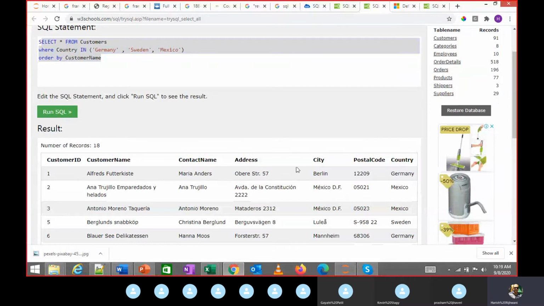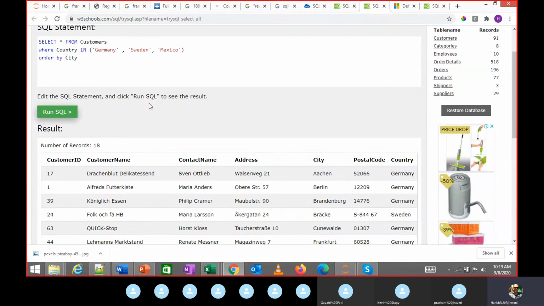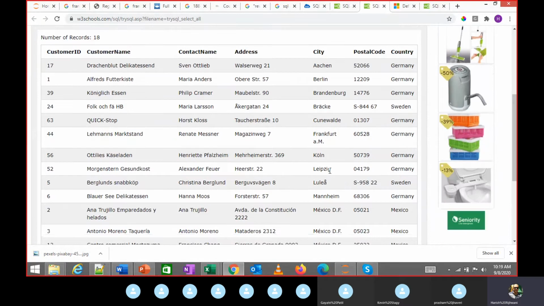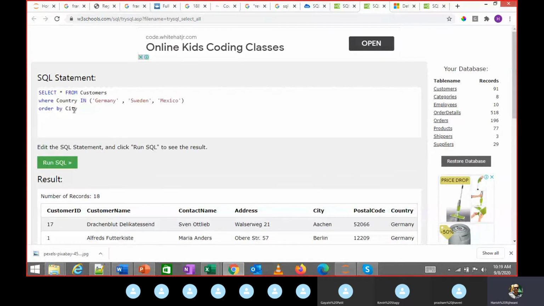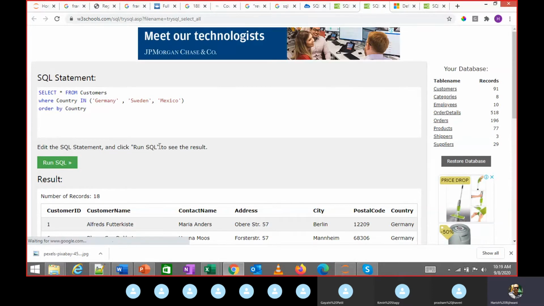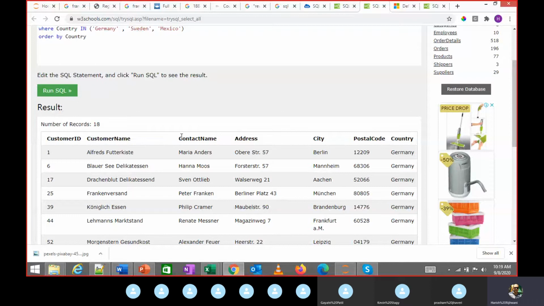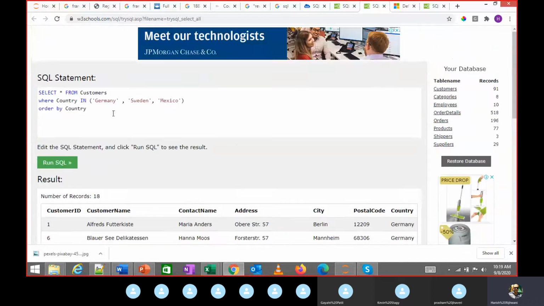Instead of customer name, if I put city, it will sort it by city. If I put country, the data will get sorted by country. I can use two columns to sort this. I have used country, I can again use city, so I'll put comma city.